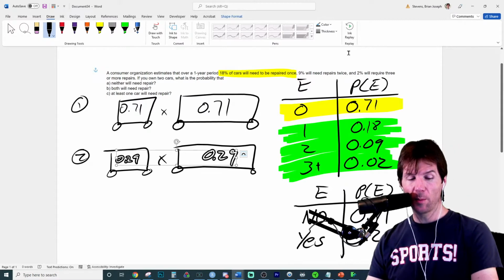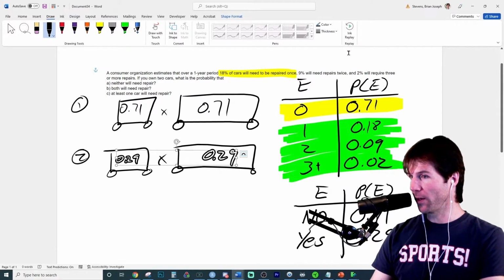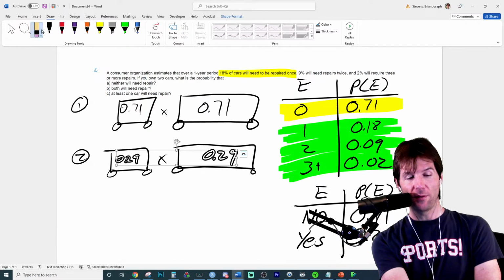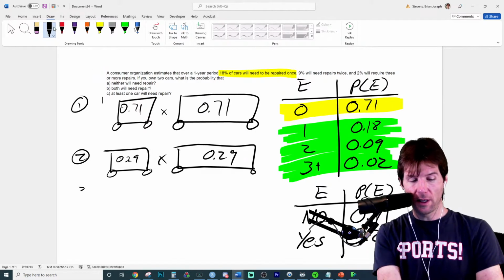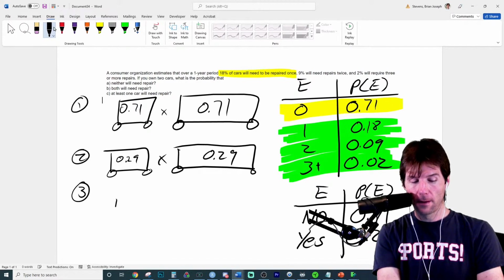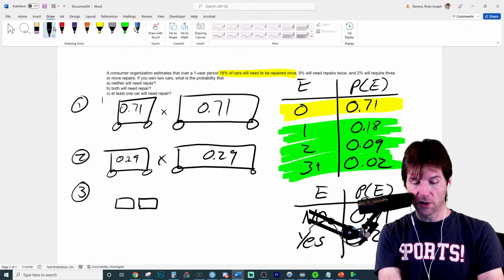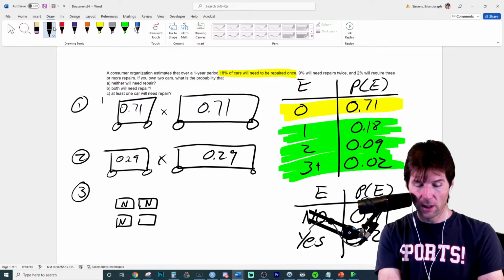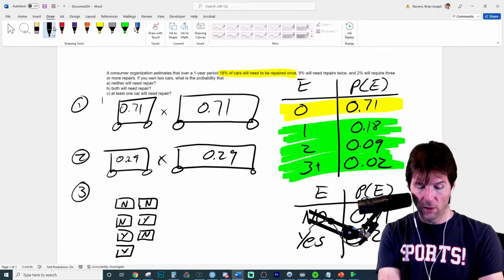It says, what's the probability at least one of your cars will need repairs? If you think about this, there are many different ways this could occur. We've got here our cars. In one scenario, we have no repairs, no repairs. In another scenario, we have no repairs for the first, and then the second car actually needed repairs. In this one, the first one needed repairs, and the second one did not. And this one needed repairs, and this one. Now, if you notice,